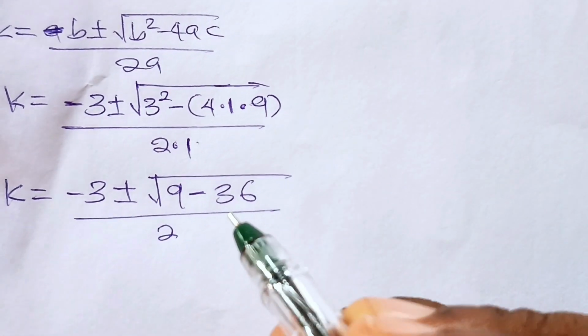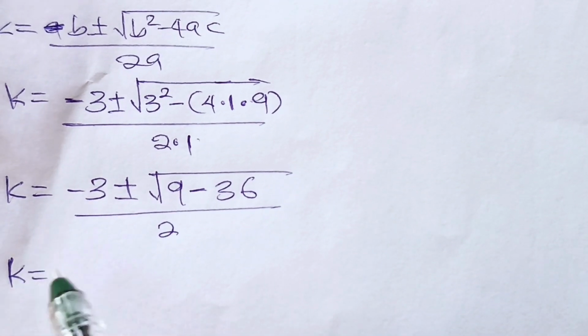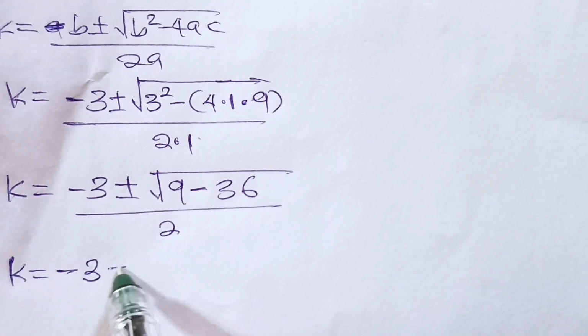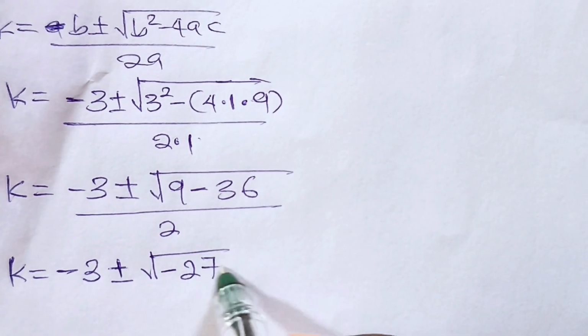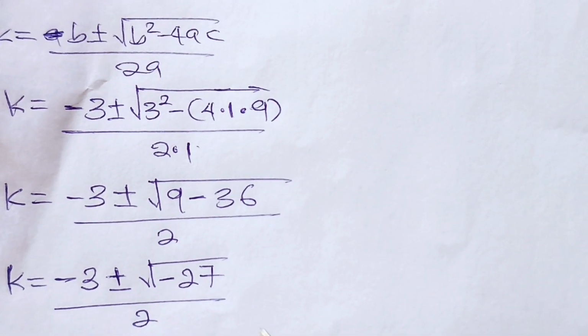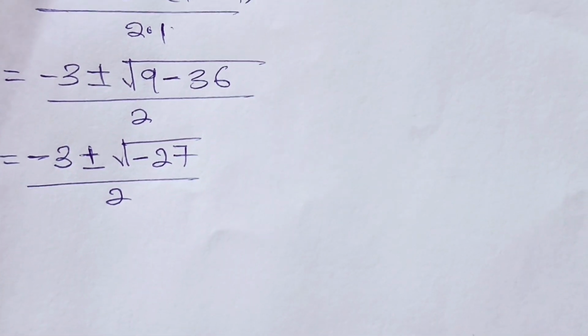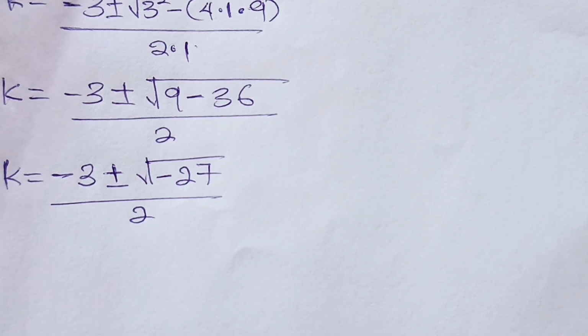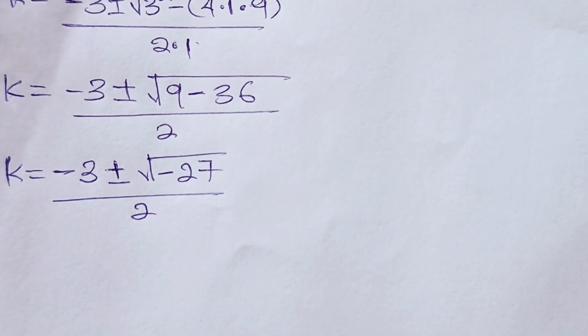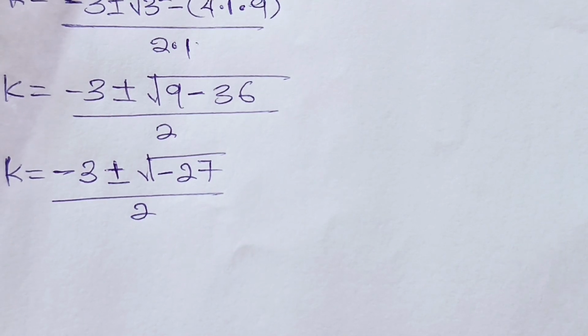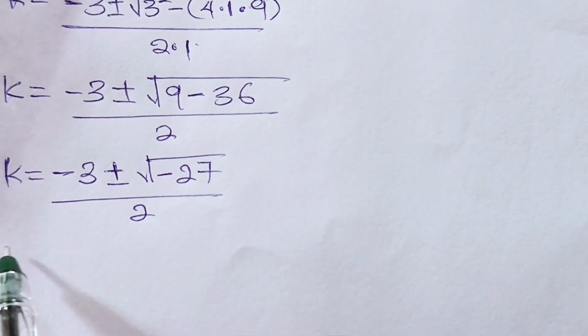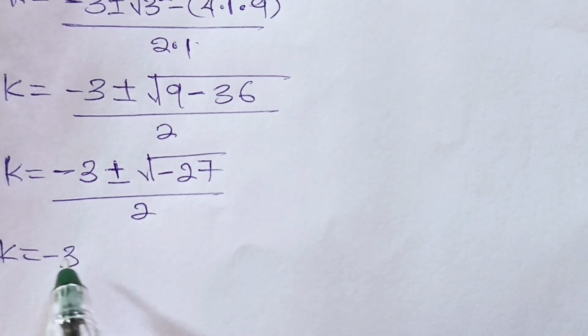Everything divided by 2. So we have k is equal to minus 3 plus or minus square root of minus 27 divided by 2. Okay, so we can see the second and the third value of our k here, right? So the second value of our k is, so our k is equal to minus 3